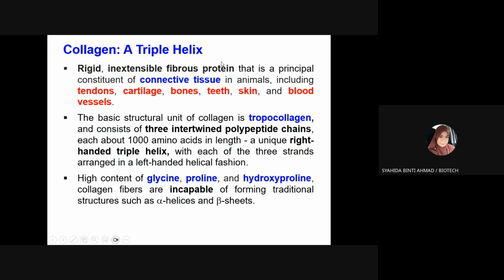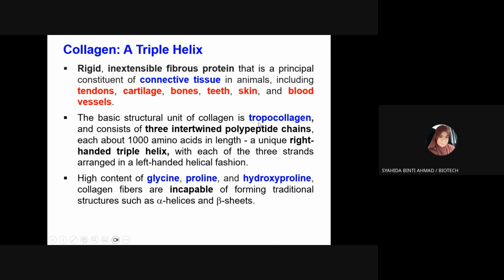And then next is collagen. Still in the tertiary structure, it is a triple helix. So just now you saw alpha helix, and this is triple helix. This is also considered a fibrous protein, rigid and inextensible. Mostly you can see collagen in the connective tissue, for example tendons, cartilage, bones, teeth, skin and blood